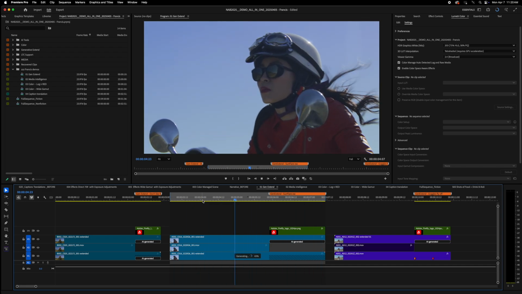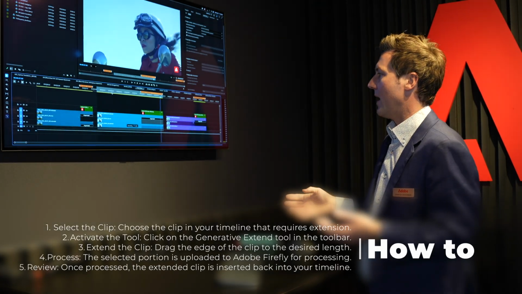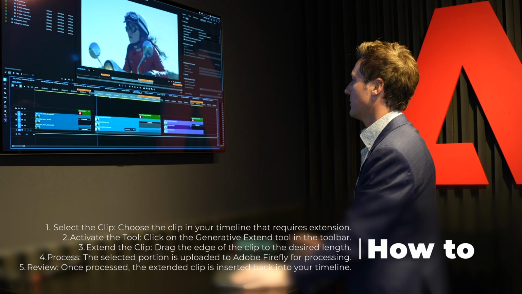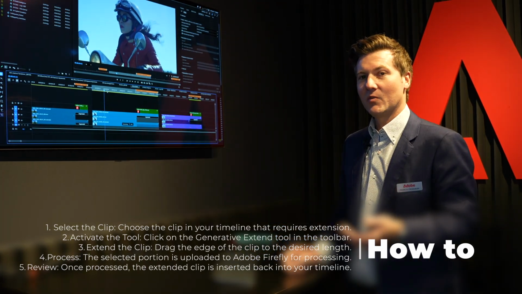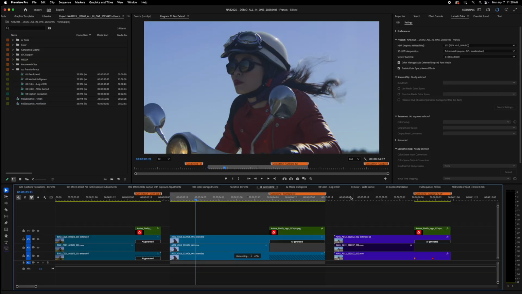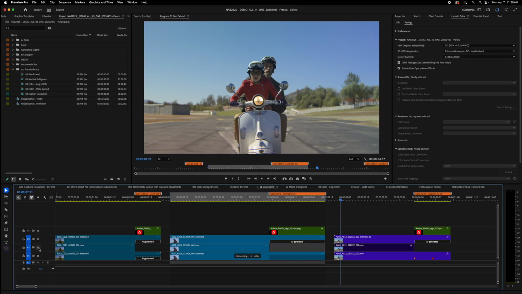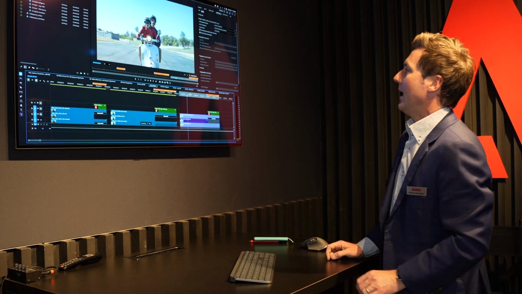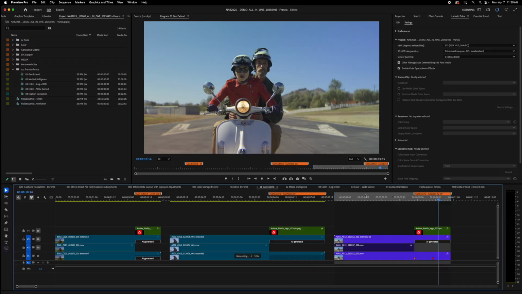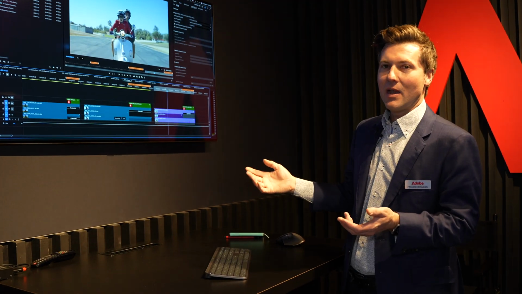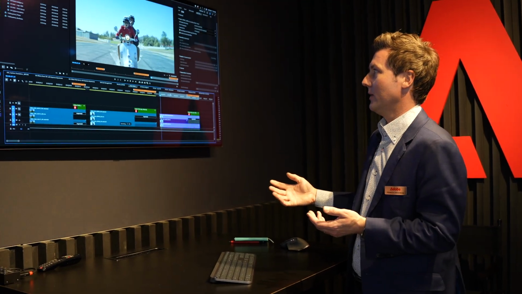And that's a really great thing for editors to have this power to be able to fine-tune their edits and just really finesse things. I was an editor for about 10 years before coming to Adobe, and I can tell you I would have used this a lot. This last example is actually really obvious. So here what we have is they're on the motorbike and his goggles fly off. The wind caught them, they flew off, and unfortunately this is the only take we got, and we have to use it to tell the story.